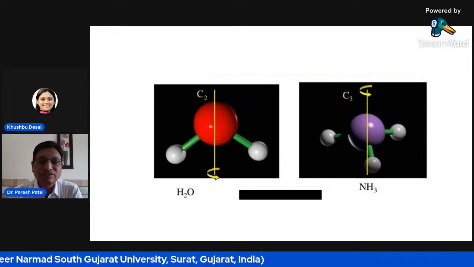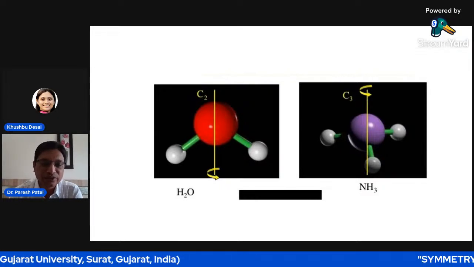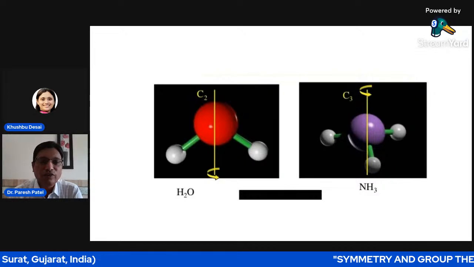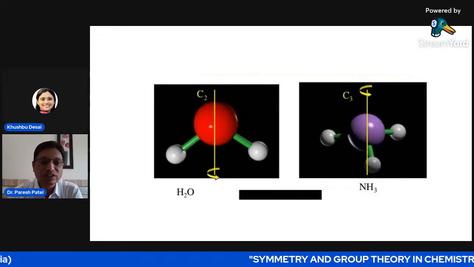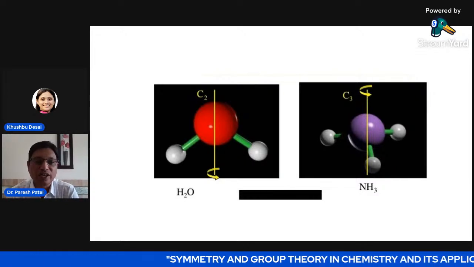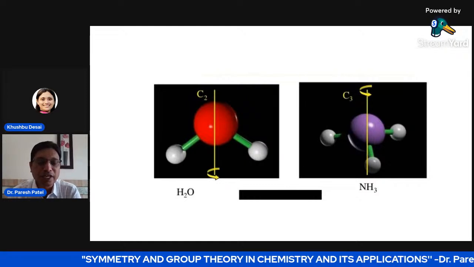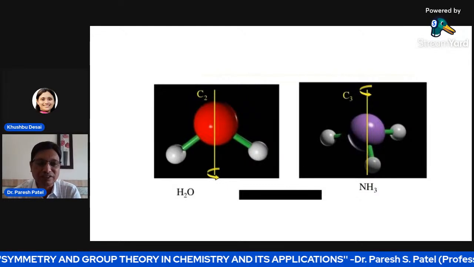Am I right? In case of water molecule, if we rotate these water molecules along the imaginary axis around 180 to get the equivalent orientation position,